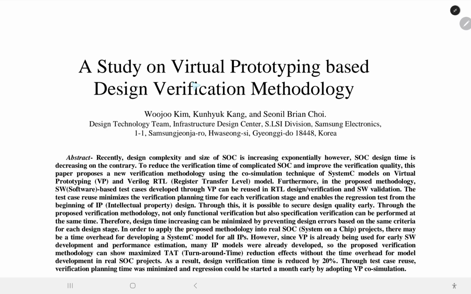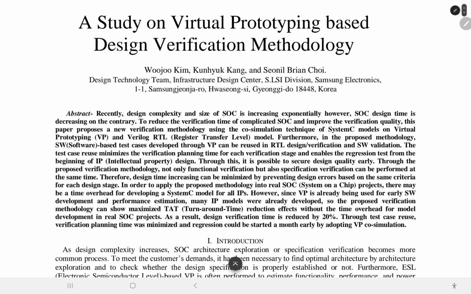Study on a virtual prototyping-based design verification methodology. Abstract. Certainly, design complexity and size of SoC is increasing exponentially. However, the design team is not increasing, quite the contrary. To reduce the verification time of the complicated SoC and improve the verification quality,